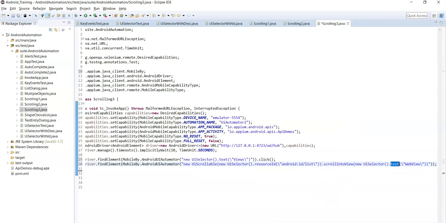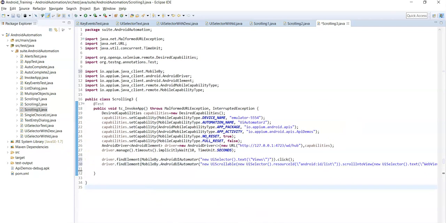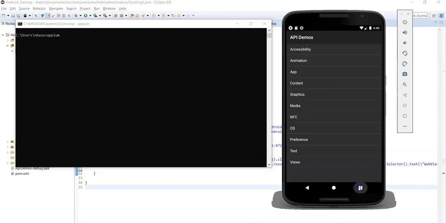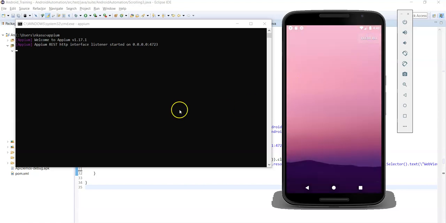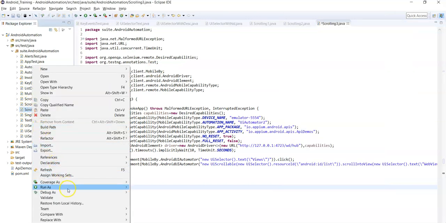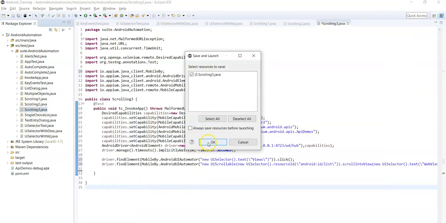Okay, now let's run the script. Before that you need to start the server. Okay, let's close the app. So Appium server is started. Now let's run the script, or run as a TestNG.